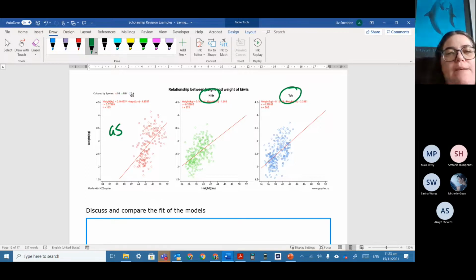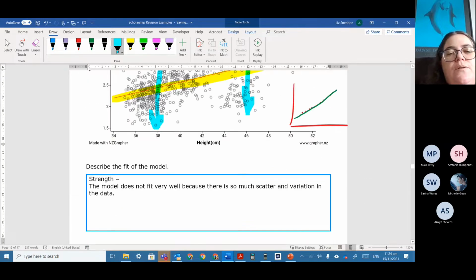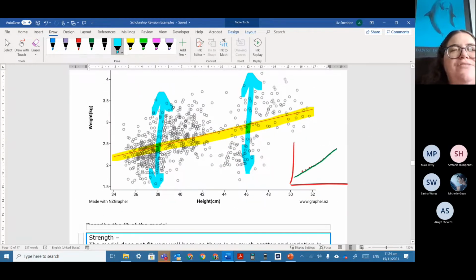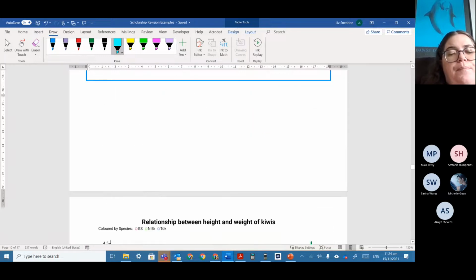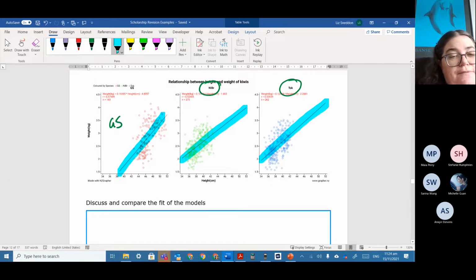And so we've separated them out because we've seen evidence that they are actually separate clusters. And then when we fit the model, so when they fit the line of best fit to each of those separately, hopefully we can start to see that the model fits a little bit better now than it did when it was all together. When it was all together, that is really a terrible fit. But by separating them out, it's a much better fit. And so how we can measure that